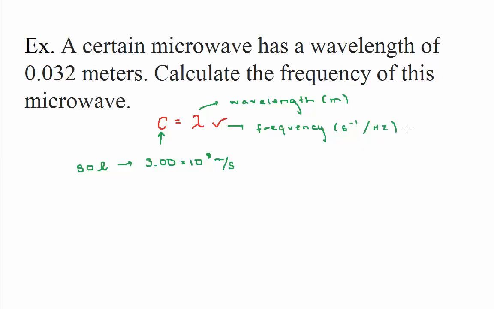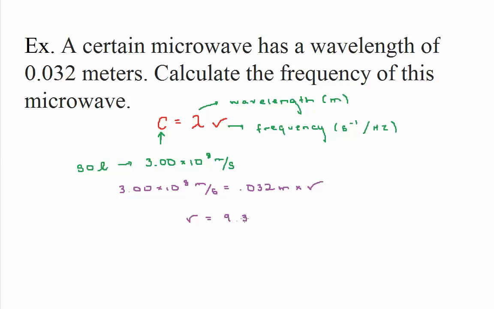Okay, so based on this problem, it tells you the wavelength, which is 0.032 meters, and it asks for the frequency. Well, I know the speed of light, that's 3.00 times 10 to the 8th meters per second. I know the wavelength, which is 0.032 meters. Notice how I'm including all of my units for my problem. And I'm going to multiply that by my frequency. So to solve for frequency, I need to divide both sides by 0.032. And what I get is